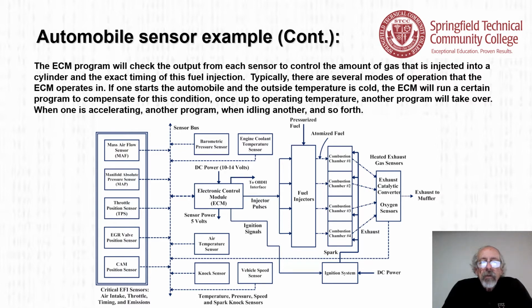The ECM program will check the output from each sensor to control the amount of gas that is injected into a cylinder and the exact timing of this fuel injection. Typically, there are several modes of operation that the ECM operates in. If one starts the automobile and the outside temperature is cold, the ECM will run a certain program to compensate for this condition. Once up to operating temperature, and that would be measured by the engine coolant temperature sensor in the top middle,